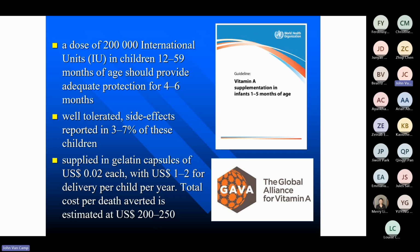These supplements are well tolerated. It seems that they can give some side effects, but it's only in a minority of the children. One of the examples is diarrhea that sometimes occurs with some children if they receive the tablets. But generally speaking, for a large-scale intervention, the number of side reactions is quite limited. They're supplied in the form of gelatin capsules, and they cost about